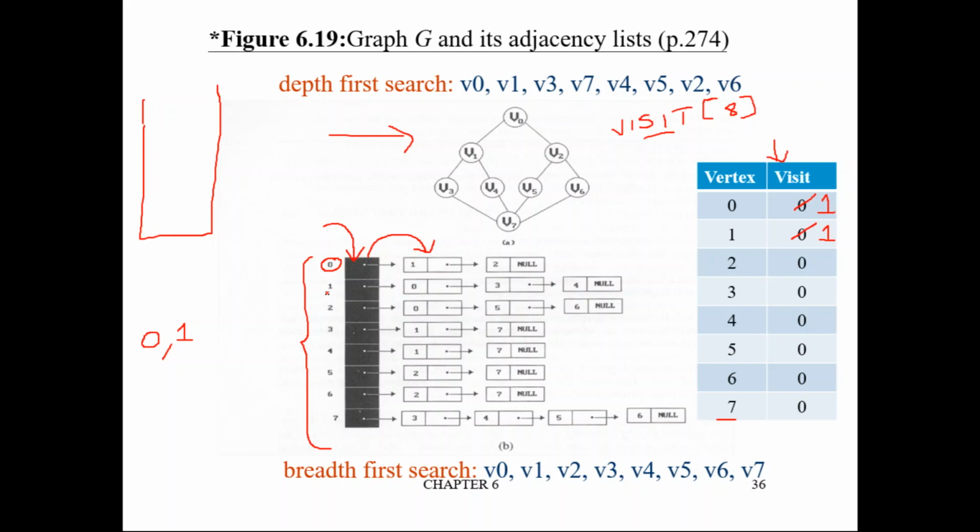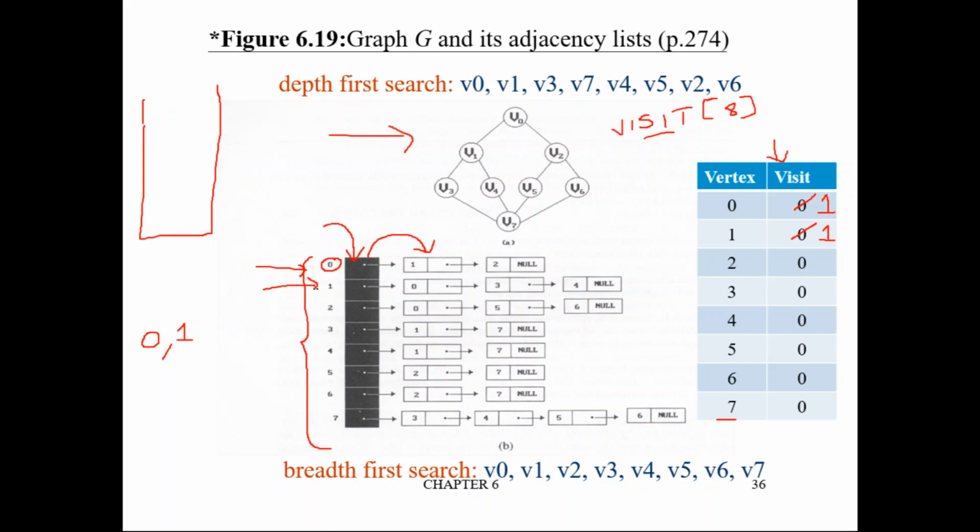This is not applicable to 0 alone. Okay, the root node alone, it is not applicable. Whenever we visit a particular vertex or a node for the first time, we will visit it and make the visit in the array, we will update it to 1. But after that we will not continue in the same adjacency list position. We will move to the adjacency list value corresponding to this particular vertex. So now the control is going to jump from here to here.